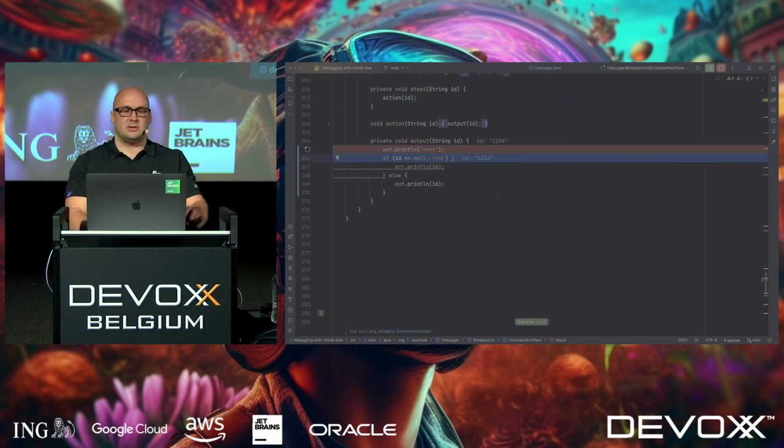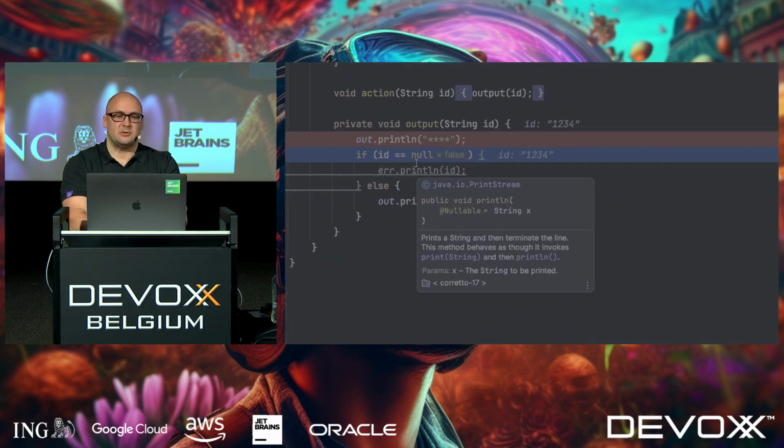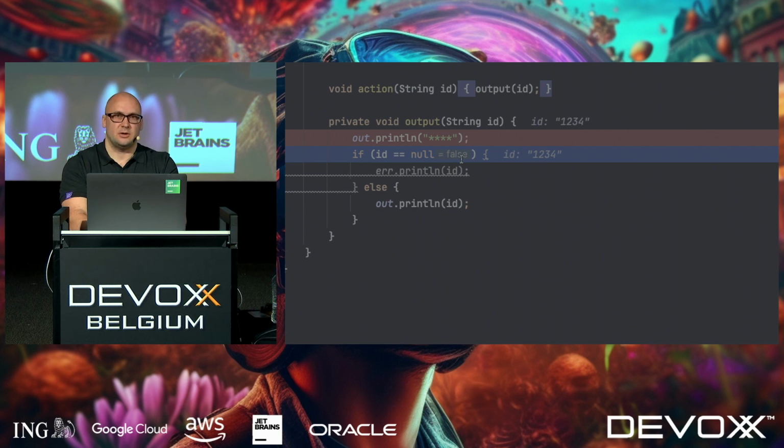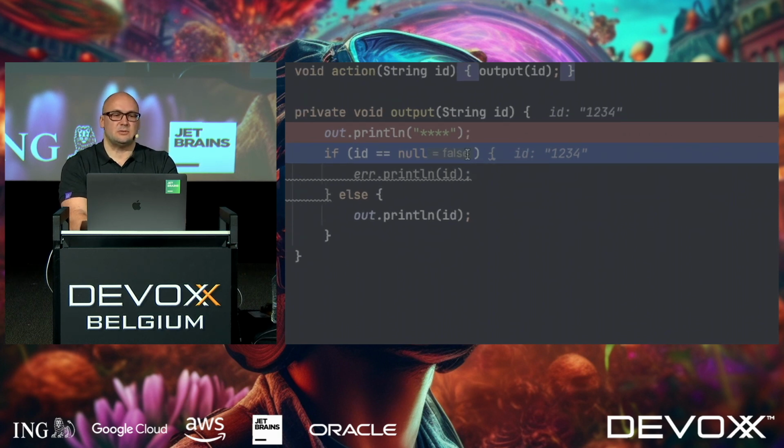When we get here, you will see that the debugger evaluates the expressions on the go, and it will immediately tell you that, well, the ID is not null, right? So you will never hit this branch. And it's very useful when you start debugging logic